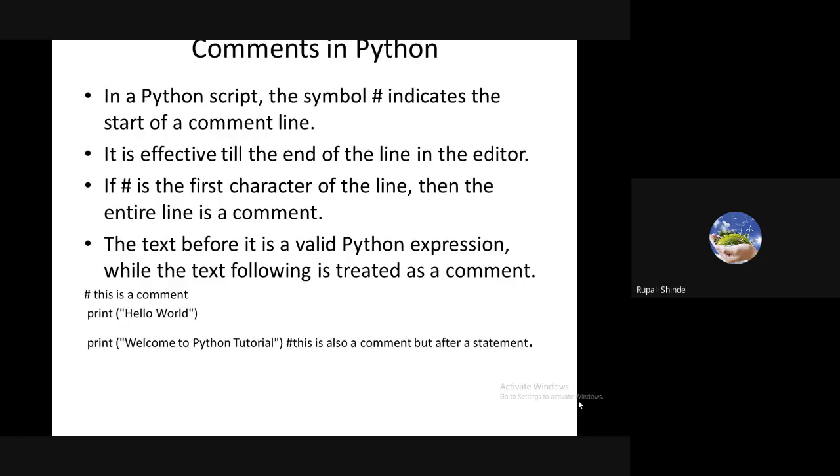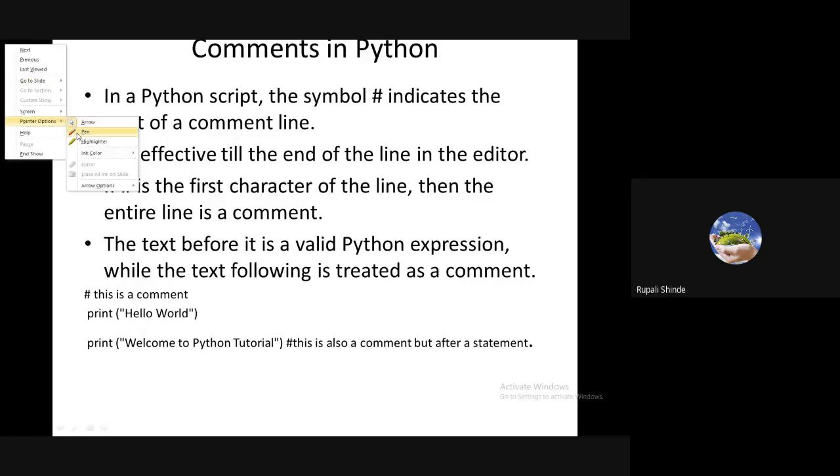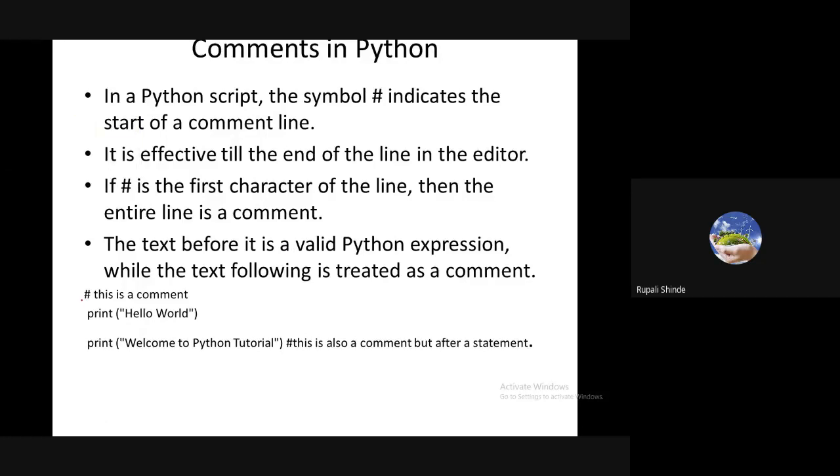I have given here the example: hash, this is a comment. It is the comment line which starts with the hash symbol. After that we have a statement, print hello world. Then we can start the comment after the statement also.